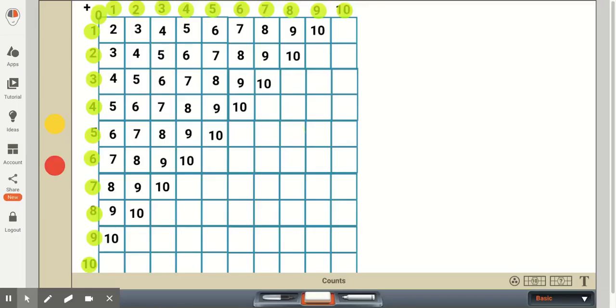This is such an important standard for first graders. It's adding and subtracting within 20, demonstrating a fluency within 10. So by the end of first grade, once again, I can't stress how important it is for these students to fluently know their basic math facts with the single digits. There are several different strategies that I'll discuss in this video to help first graders learn and know these facts fluently.